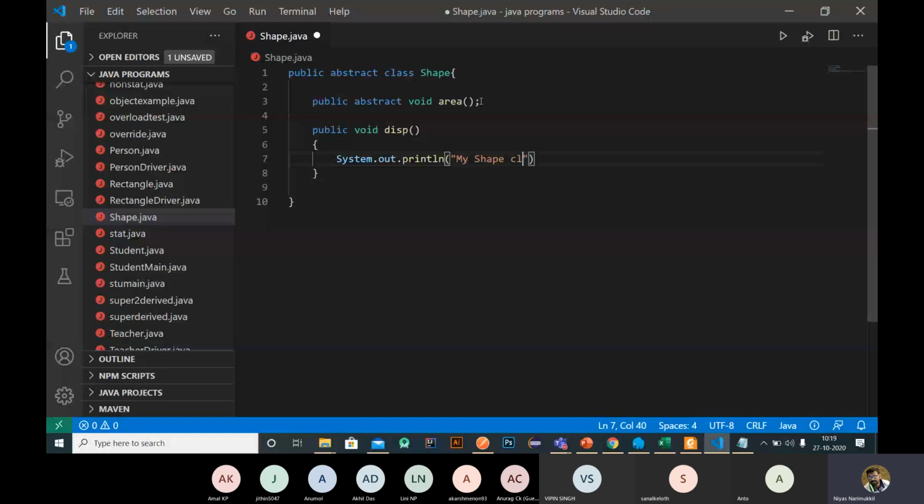So this is not an abstract method, right? This method has a definition. So an abstract class can have abstract methods as well as ordinary methods. The main criterion of an abstract class is to have an abstract method, and that method doesn't have any body. So this is an example of an abstract class.